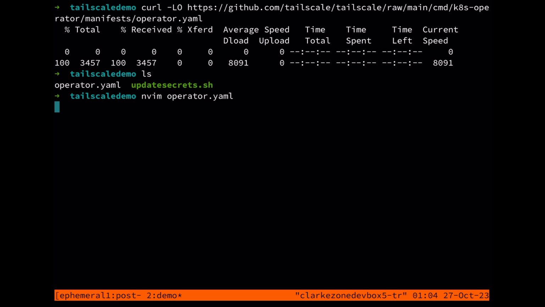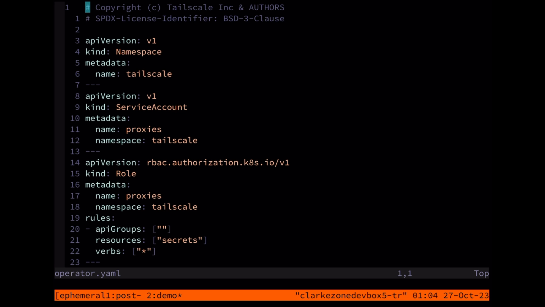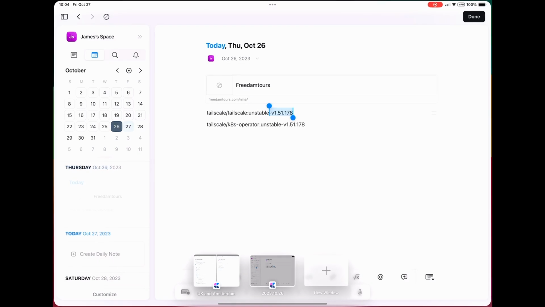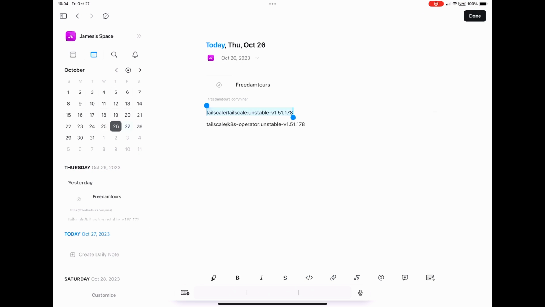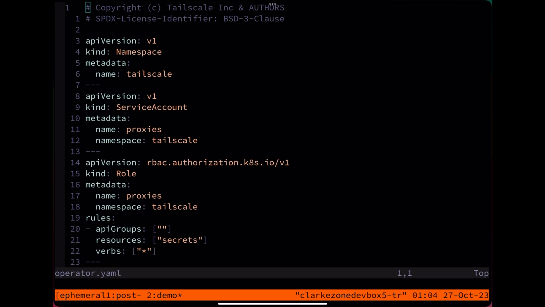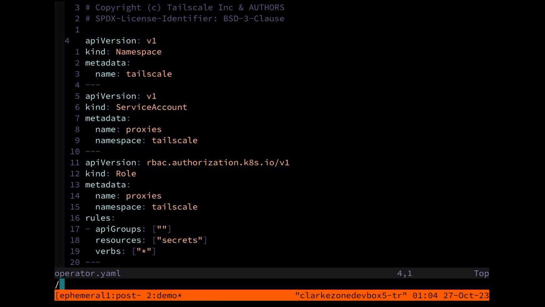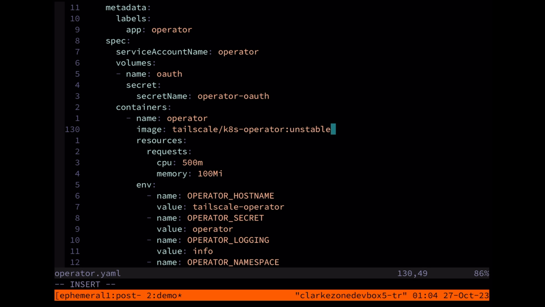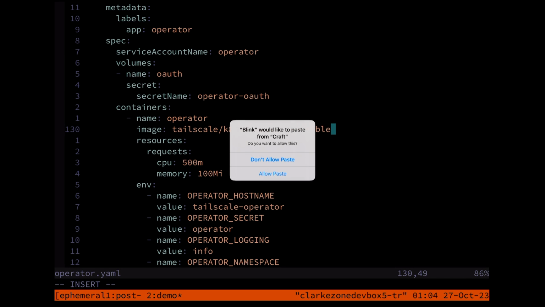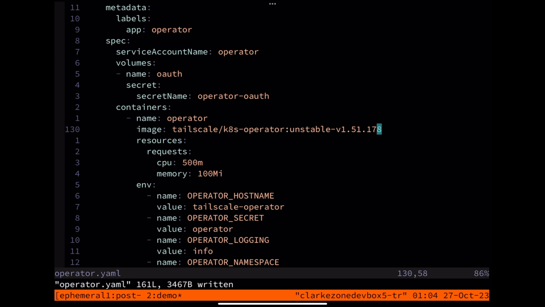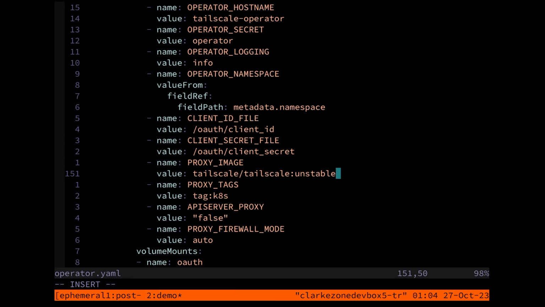I'm going to come into operator.yaml, edit it, and make a couple of changes. The first thing I'm going to do is, for the container image that the operator manifest is pulling from, I want to version lock that to the specific version I tested it with. This was very kindly provided for me for testing by Mason, one of the devs at Tailscale. So I'm going to come in and lock the container image to that particular version tag that I know is going to work. And I'm doing that for both images, both the operator image and the Tailscale image, which is used for the